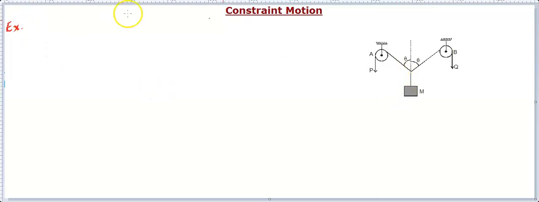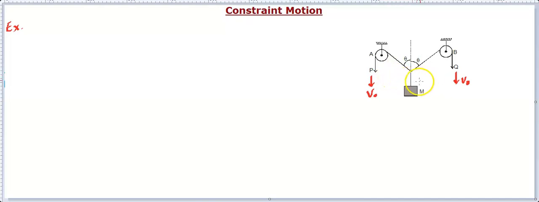So this is the first example we can think of, and this is the arrangement. This is a pulley which is fixed, so this pulley cannot move, it can only rotate, you must be knowing that. Similarly, this is also a pulley fixed to the ceiling, and it cannot move, it can rotate. This is a string, and this is another string, connected with another string, and then there is a block connected. This point of the string and this point of the string are being pulled downside with velocity v0. So you are pulling this string at two terminals with a velocity v0 downside.